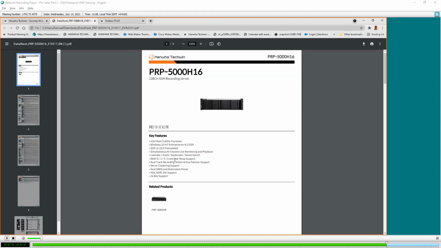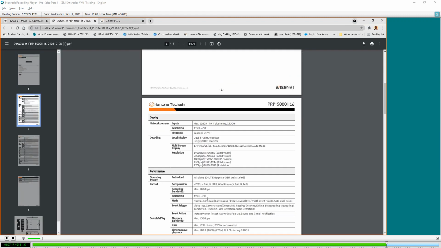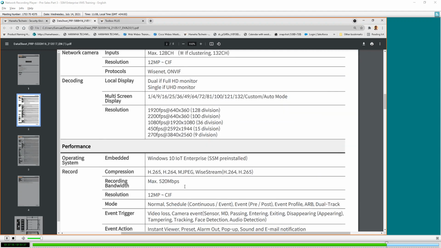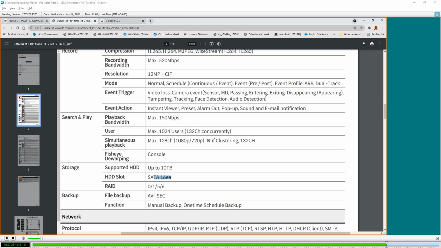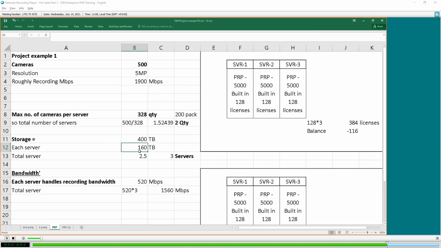It supports up to 528 Mbps recording and 16 slot 10 terabyte. So 160 terabyte, right? So let's say you have 160 and your storage is 600. So you need this guy divided by 60. You need four servers.